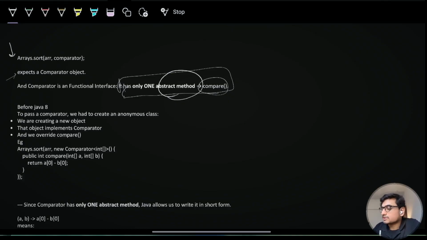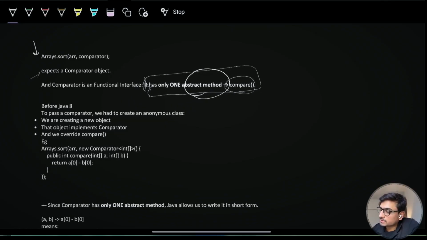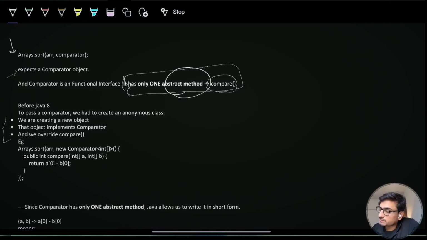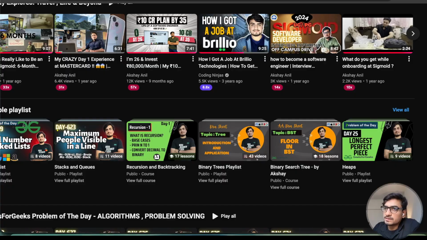Before Java 8, we needed to pass a comparator. We had to create an anonymous class, right? And these are the steps we need to follow. We are creating a new object. That object implements comparator, and we override compare, right? This was the way. And if you've been following my videos for quite some time,